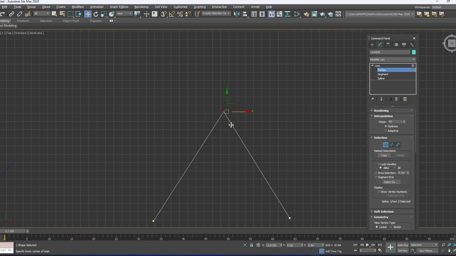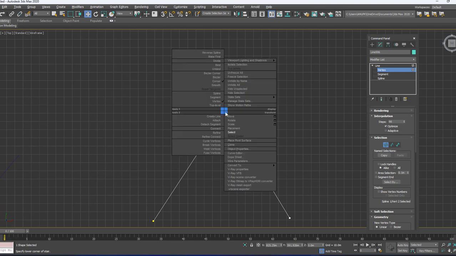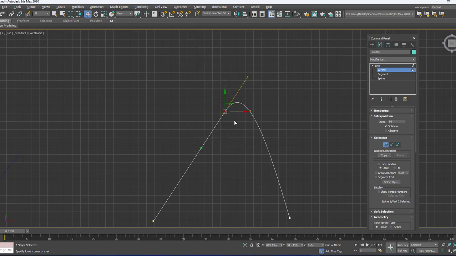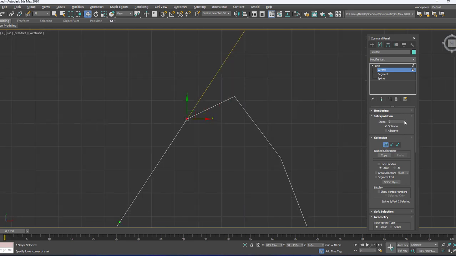When I move it, or right click and then apply the Bezier amount to it. So if I am adding segments, here you can see how the line becomes smooth like this. Interpolations are nothing but you can add the number of segments, or increase the number of segments like this.